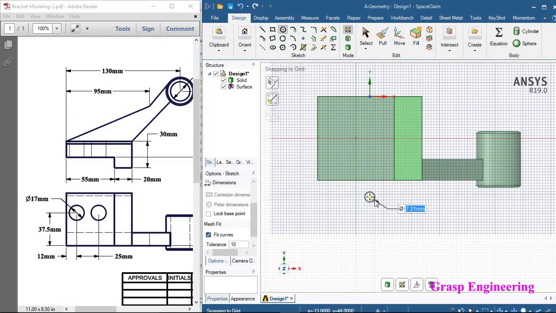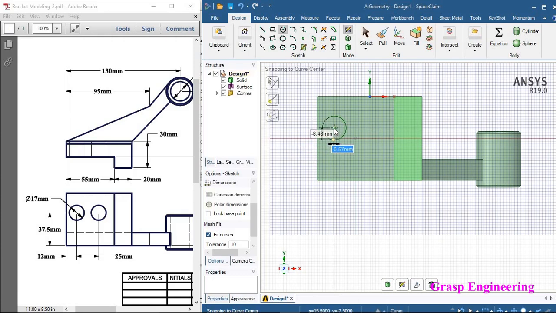Okay, I think we created a 12 positive, so we need to check that. For that, Control Z, then further click on the circle, Cartesians, select this point. Now for both we need to refer to the negative directions. Tab, minus, you just put -37.5, enter, then create a circle of 17 mm.